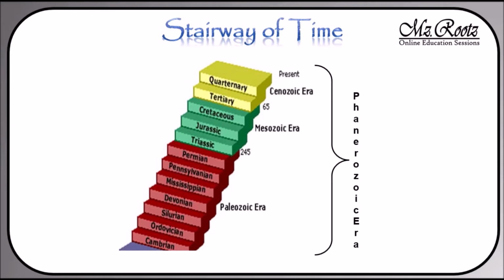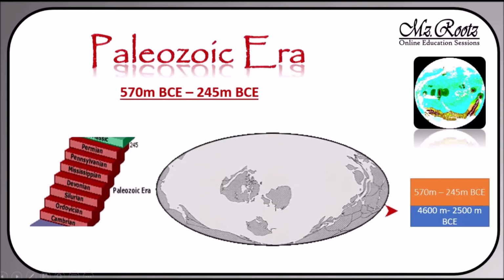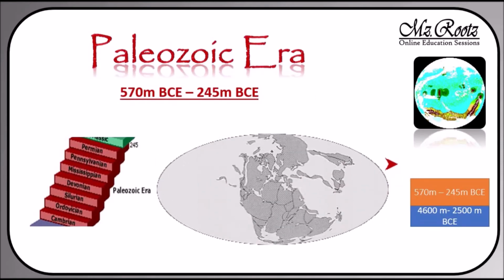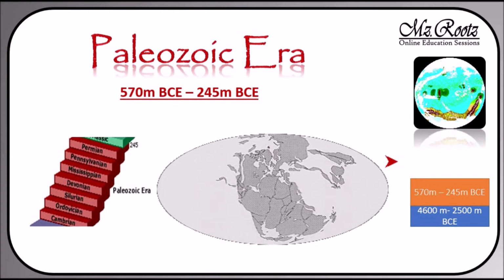This last 10% of Earth's history is called the Phanerozoic Eon, or Eon of Evident Life. The rocks found from this era contain lots of fossils. The Paleozoic Era, meaning ancient life, occurred 570 million years before Common Era and ended 245 million years before Common Era. The Paleozoic Era lasted about